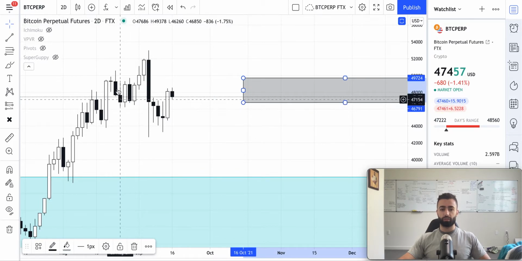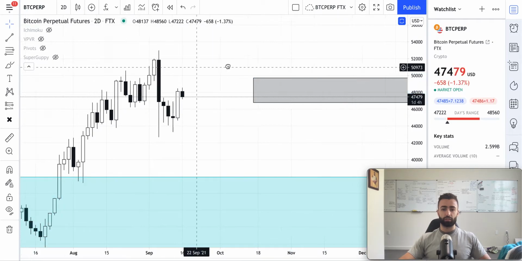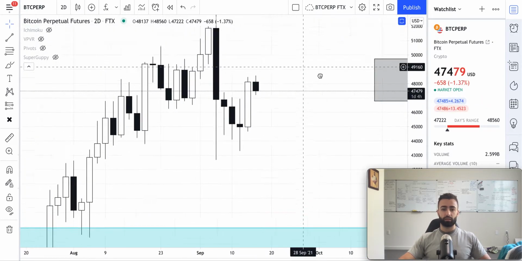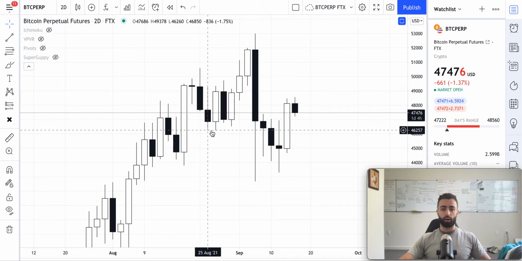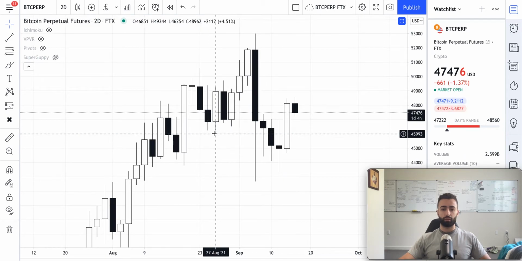You're looking for a low to be set, and the way we know a low is set is when we come down, we have a wick of a candle, and then the high of a candle is broken. So in this case, if we zoom in here, we can see the high of this white candle got broken by this candle right here,